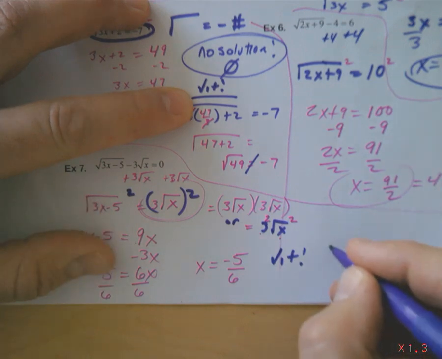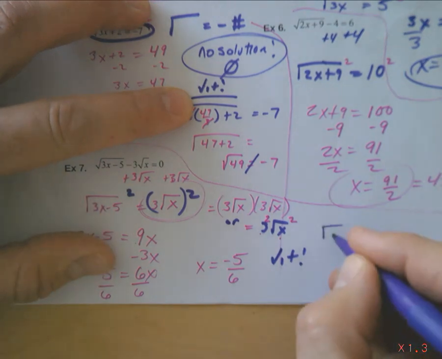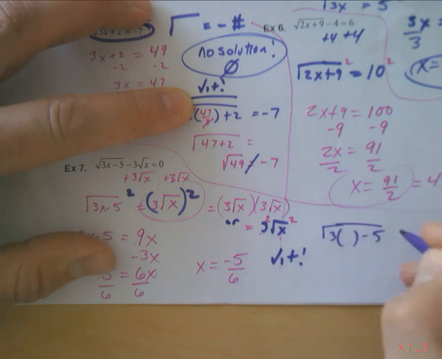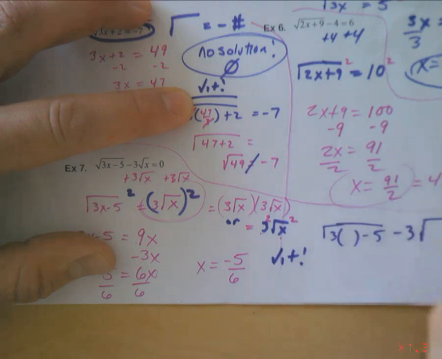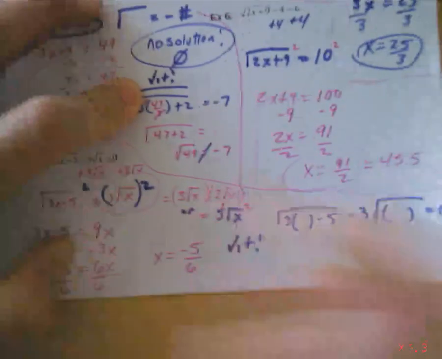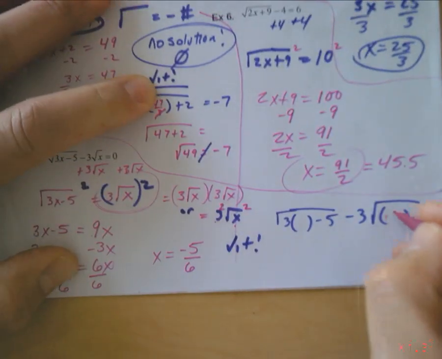So I've got the square root of 3x minus 5 minus 3 times the square root of x equals 0. When I plug in this negative 5/6,